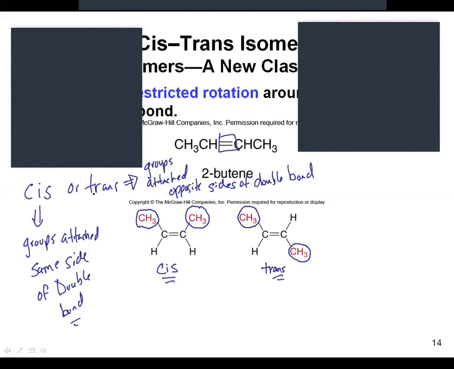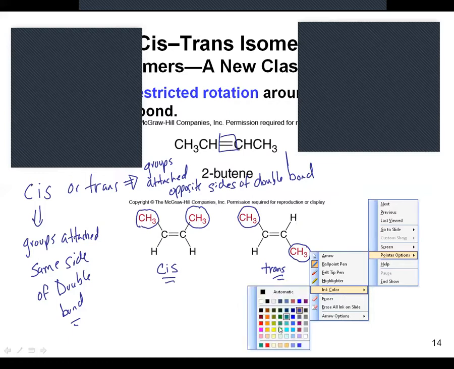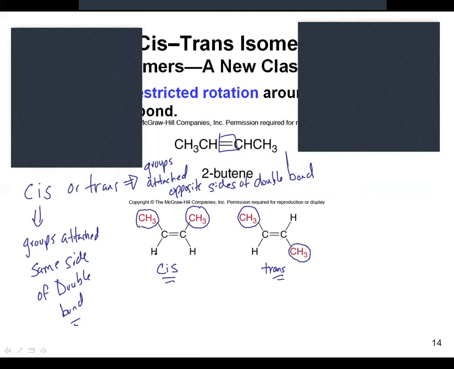Now, when you're doing cis and trans, although a lot of times we don't think of hydrogen as being a group, you can sort of think of hydrogen as a group. And we even see with the hydrogen, this hydrogen and this hydrogen are on the same side of the double bond, while this hydrogen and this hydrogen are on opposite sides of the double bond. So there are some rules in order for you to have a cis or trans isomer. In order to have a cis or trans isomer, when you look at the double bond, which is the most important thing,